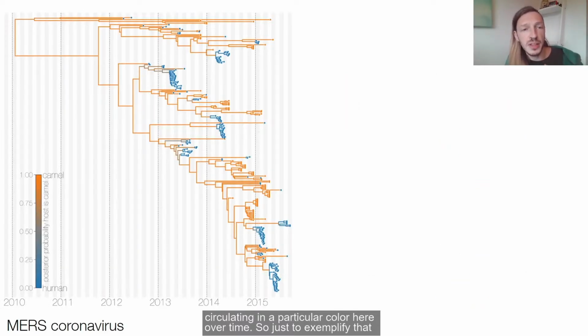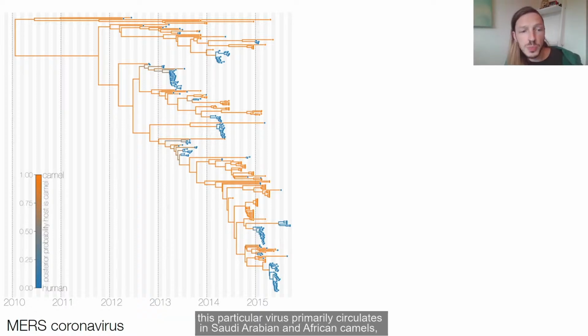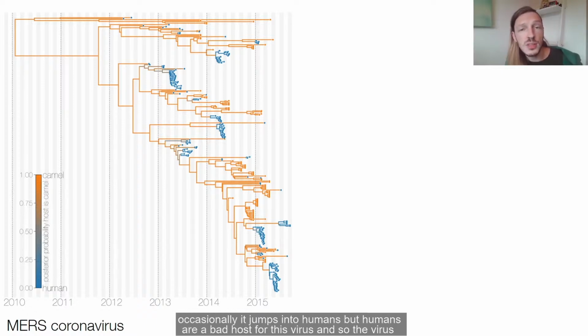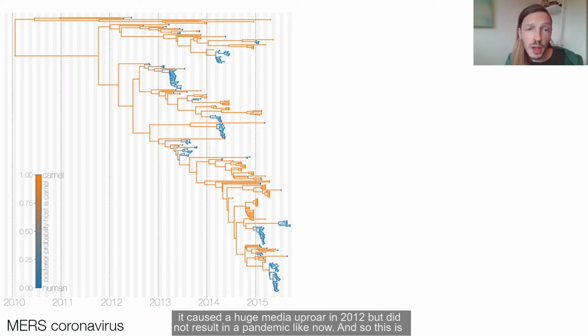So just to exemplify that, I'll talk very quickly about another coronavirus that I've worked with called MERS coronavirus. So this particular virus primarily circulates in Saudi Arabian and African camels. Occasionally it jumps into humans, but humans are a bad host for this virus, and so the virus doesn't transmit as easily between people, and so that's the reason why when this virus emerged, it caused a huge media uproar in 2012, but did not result in a pandemic like now. And so